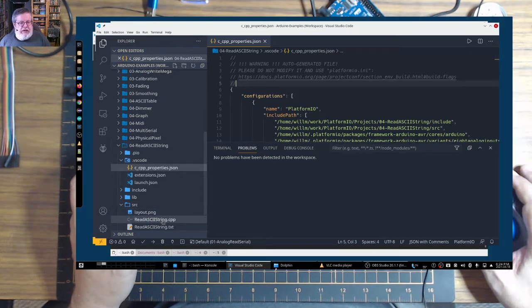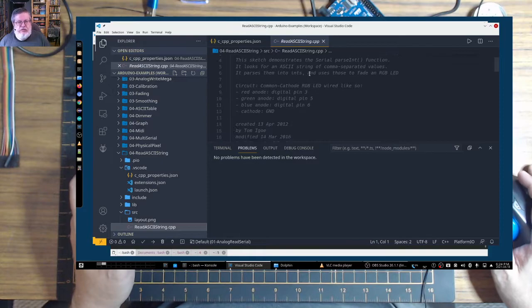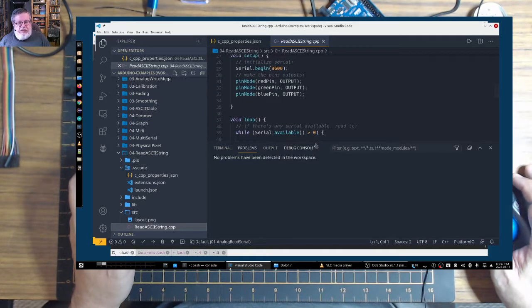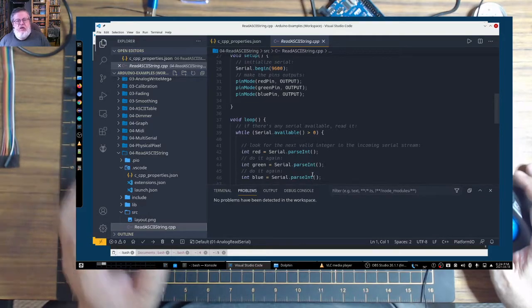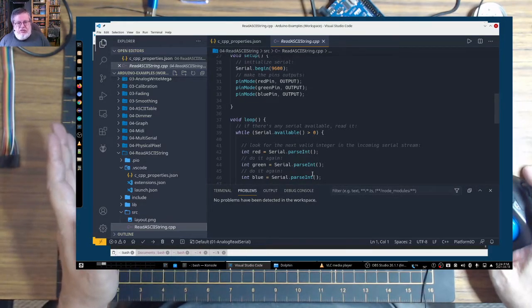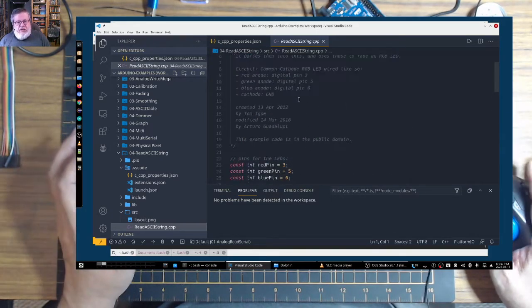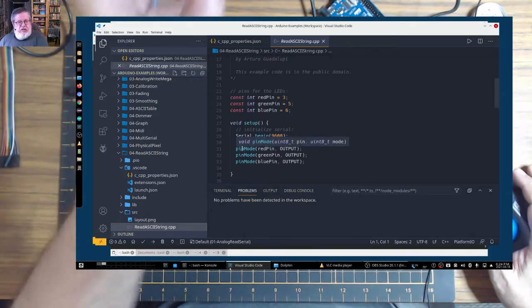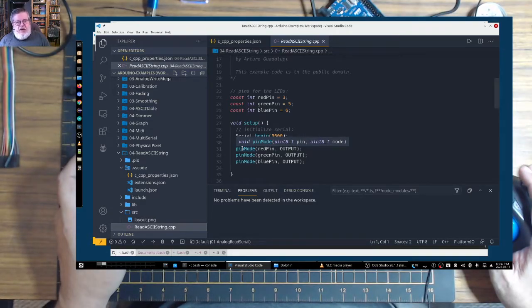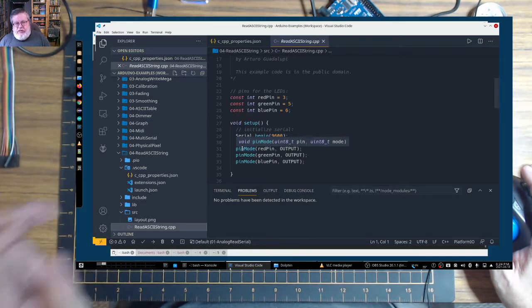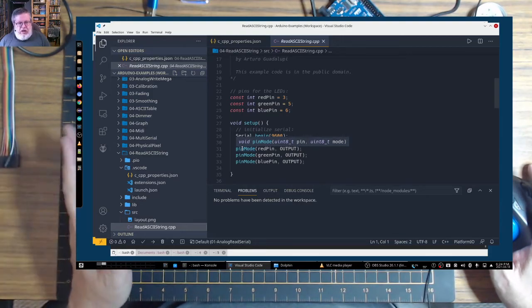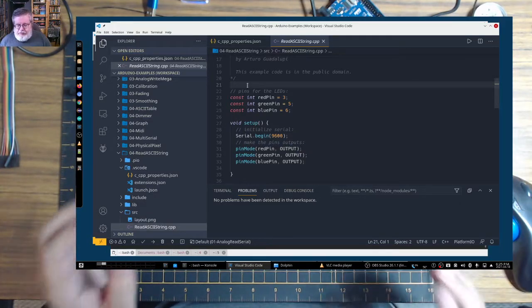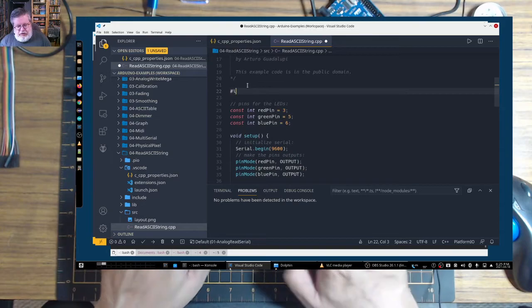Now, let's go back to strings CPP here, reads ASCII strings. Now, one thing you could run into in your install, and this is all how the IntelliCode, IntelliSense, pathfinding, everything works for the Visual Studio Code. Sometimes you'll get this effect where it says, I don't know what pin mode is. This line doesn't come up. It doesn't say void pin mode, unsigned int 8, blah, blah, blah. Right? It just says, what the heck is pin mode? I don't know, undefined. If you get this case, what you have to do in here is go include,